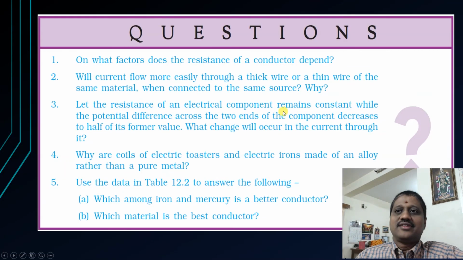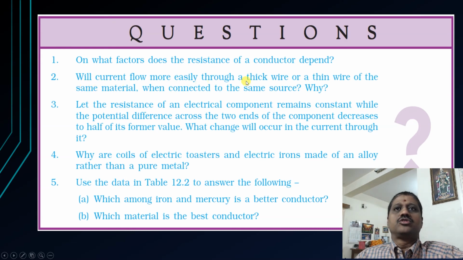For example, for your textbook questions, you can understand from this perspective: on what factors does the resistance of a conductor depend? We have told: material, area, length, temperature. Okay, we are talking about resistance. It depends on the object which you are making. It has nothing to do with the resistivity alone. Okay, the second question you will answer.